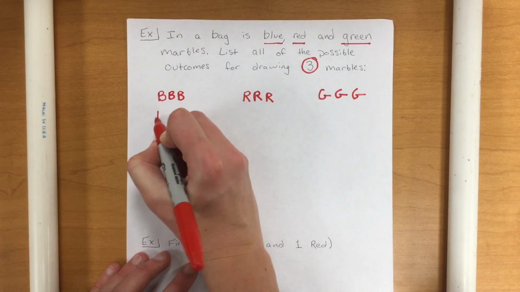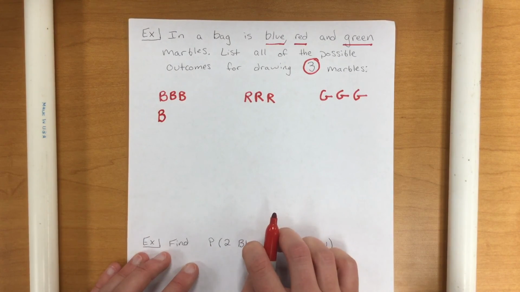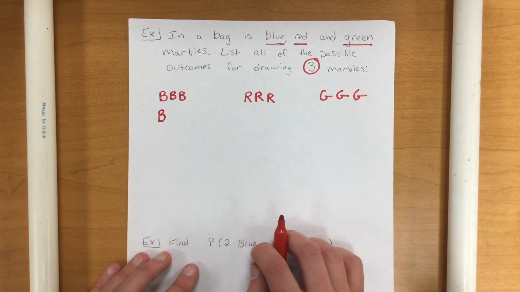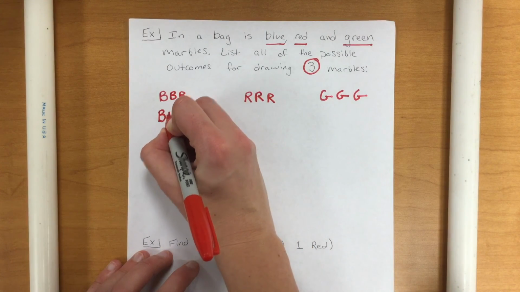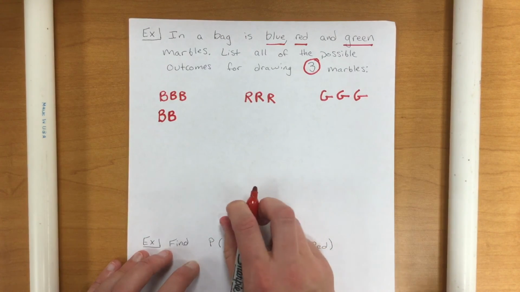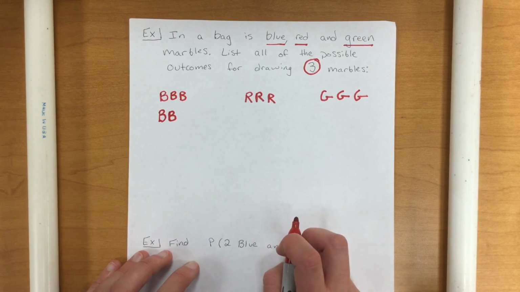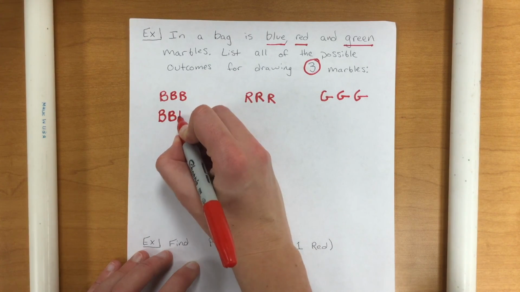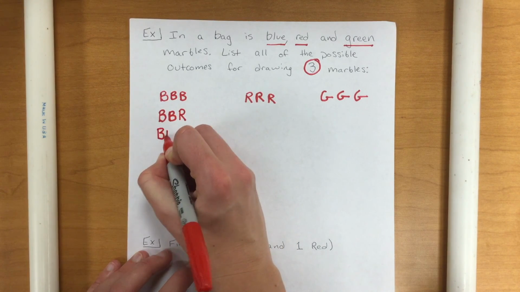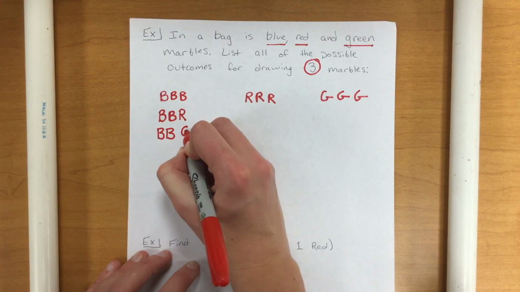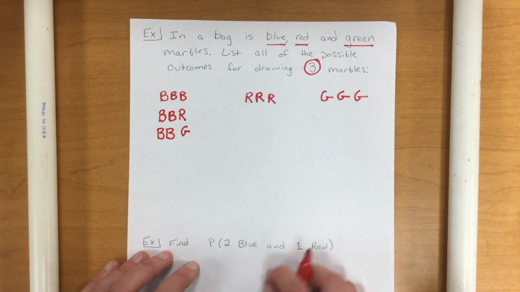So if blue is our first marble that gets drawn out, what other options could we have for the second marble that gets drawn out? Right, we could have blue, red, or green. So let's start with blue. And then we can't draw blue again because we just did that. So our last one could be red this time. And then next time we could have blue, blue, green. So now we've exhausted all of